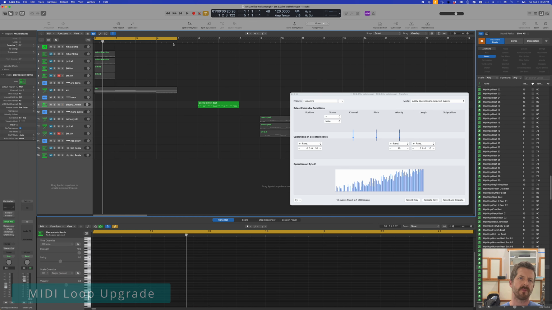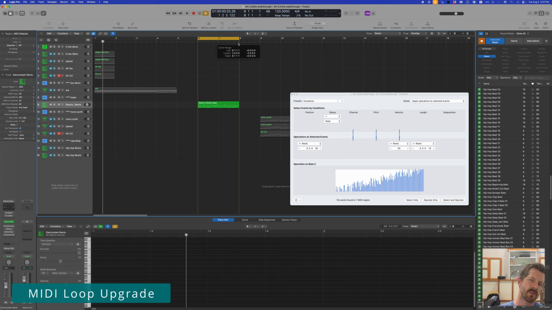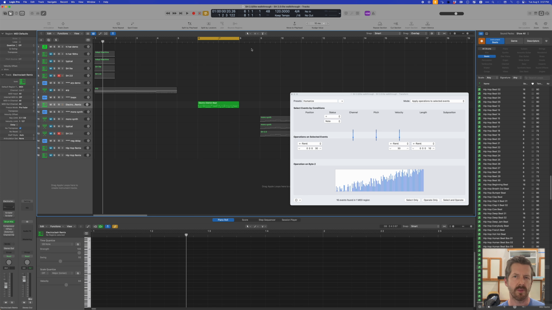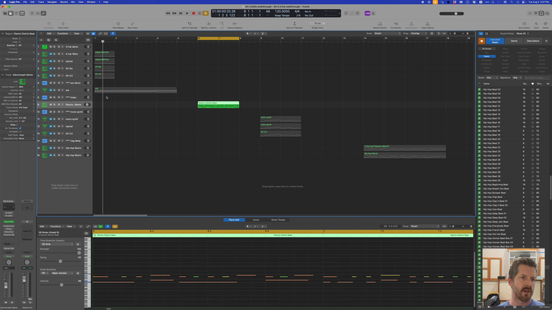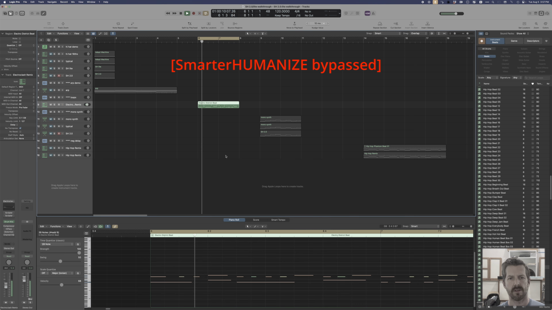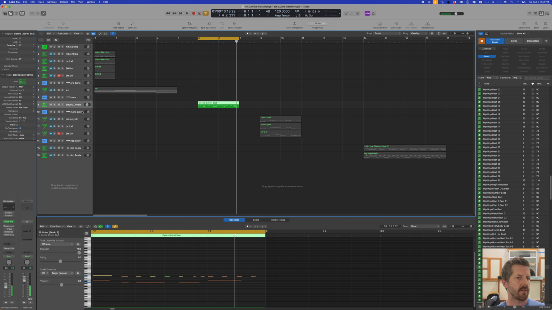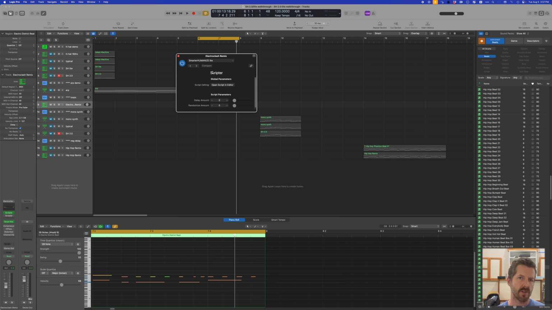Okay, another really fun thing you can do is use some of Logic's built-in loops that maybe you wouldn't use before because when you listen to them, they sound terrible. So all you basically need to do is drop one in, like this one I dropped in. Without anything, it just sounds like this. Nothing exactly wrong with it, but it's really fun to see how you can change it with just a few